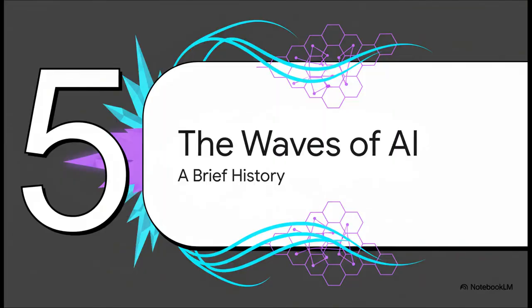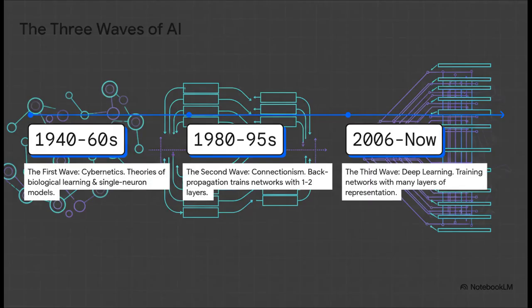All right, let's zoom out for a second. This incredibly powerful learning engine, it wasn't built overnight. Not even close. It's actually the result of decades of research, full of incredible excitement, followed by long, cold winters of total disillusionment. The story really happened in 3 waves. The first was cybernetics, back in the 40s to the 60s. The ideas were amazing, inspired by the human brain, but they just smashed into a wall. Computers were way too weak. That led to the first AI winter, where funding dried up.